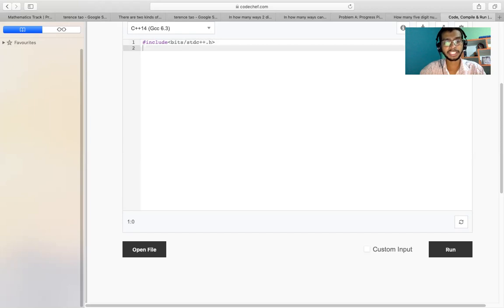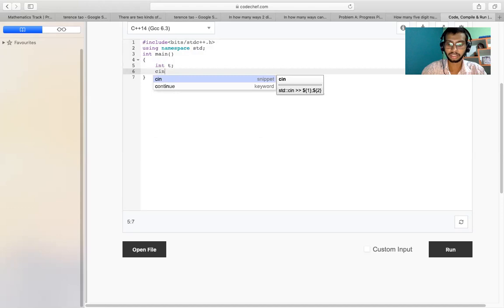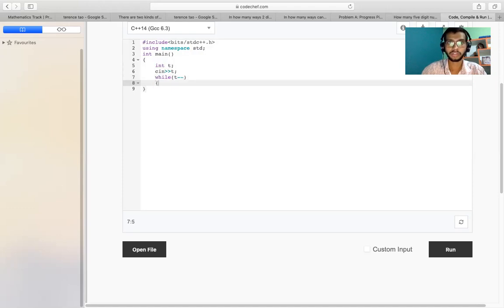So this one is our library, which we'll simply include in our project. I'll make the main function and input the value of t, the number of test cases, and run a loop with t minus minus.